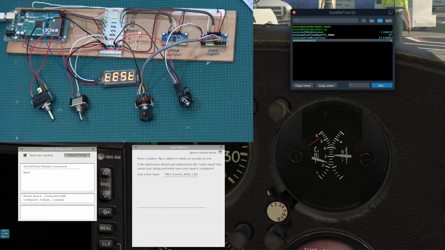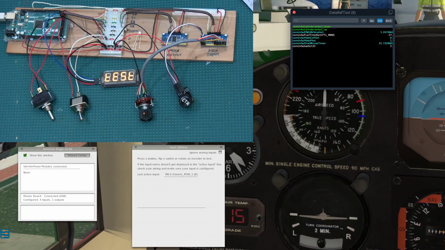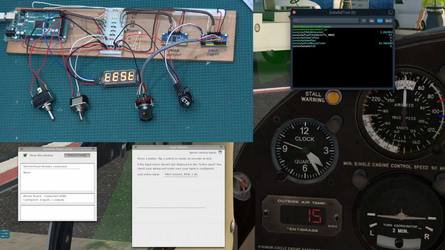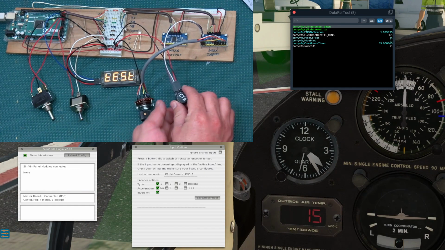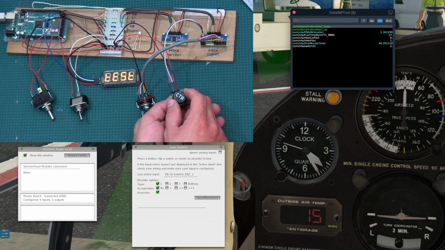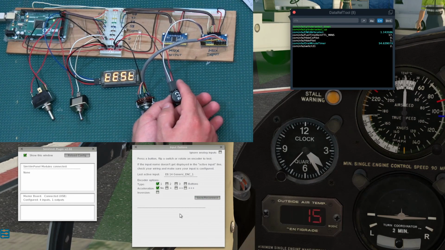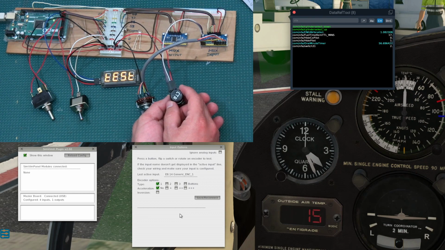Alright, so now we'll go ahead and go over to the time way over here, this side, and we'll use the encoder for that. Okay, so this one is backwards. When I'm going to the left, the clock is going forward, and when I'm going to the right, it's going backwards. So I can just go ahead and unclick this inversion, save and reconnect, and now it should be the right way. Yeah, so,